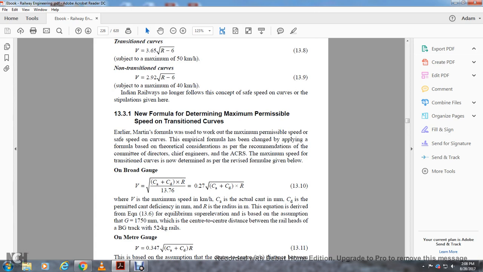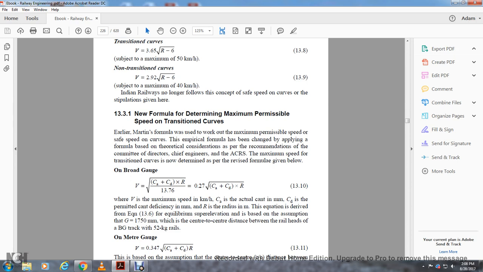Alright, 13.3.1, new formula for determining maximum permissible speed on transition curves. Earlier, Martin's formula was used to work out the maximum permissible speed, the safe speed on the curve. The empirical formula has been replaced with a formula based on theoretical considerations, as per the recommendation of a committee with the director, chief engineer, and the ACRS. The maximum speed on the transition curve is determined by the revised formula given